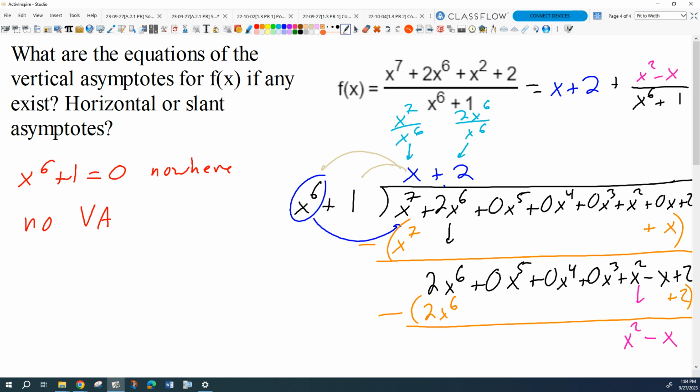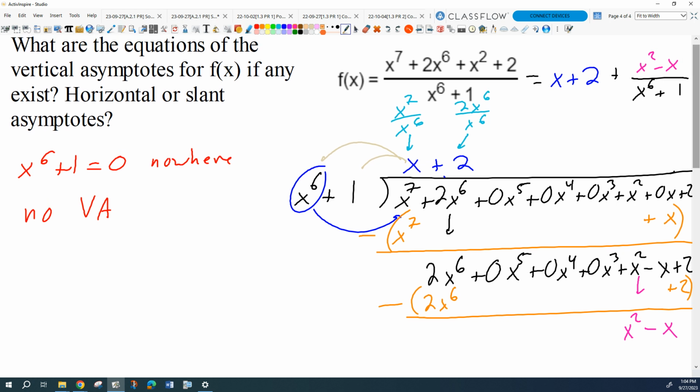Okay, and just to remind us from yesterday, we kind of glossed over this in the last example, but really what we're doing when we're finding slant asymptotes is still just taking limits at infinity, right? So we're doing the limit of f of x, as x approaches the infinities, is equal to the limit of that, right? We simplified the quotient and we get the limit of x plus 2 plus